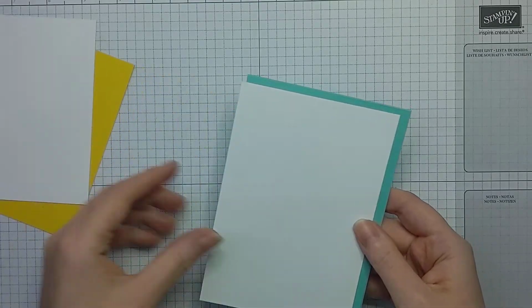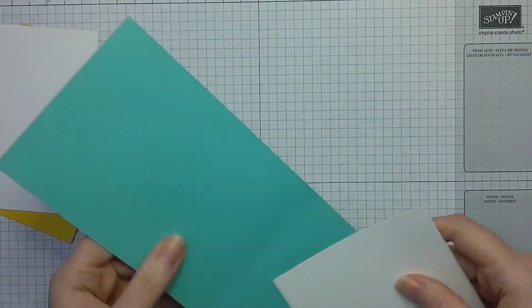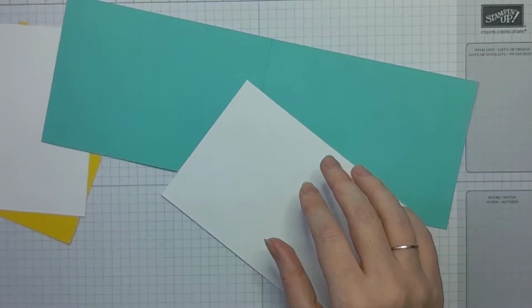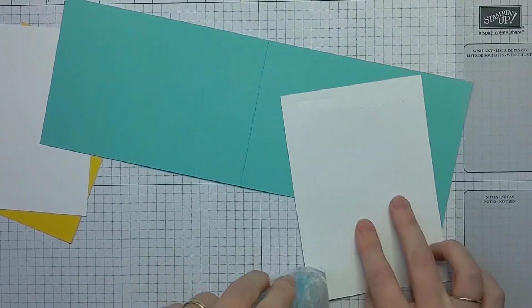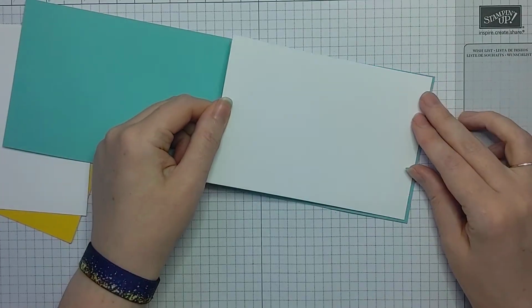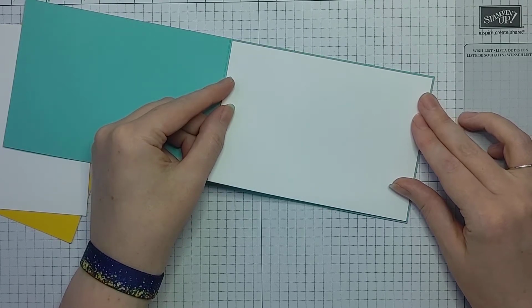Okay, so the Coastal Cabana card base has just been made in the usual way. This can just be adhered straight on. One of my usual card layers. This is 4 by 5 3/4, so that's just going to go on and frame up the rest of the design,